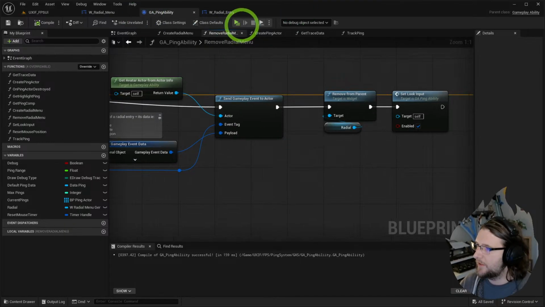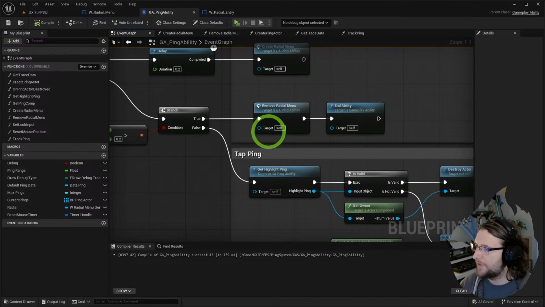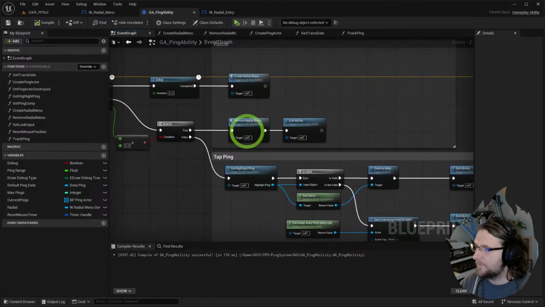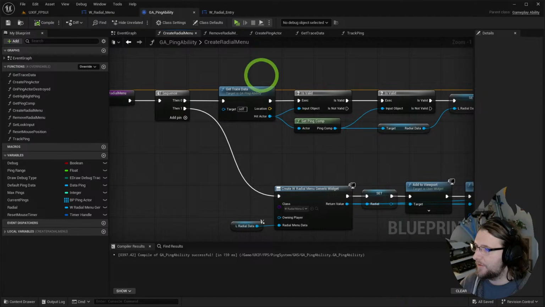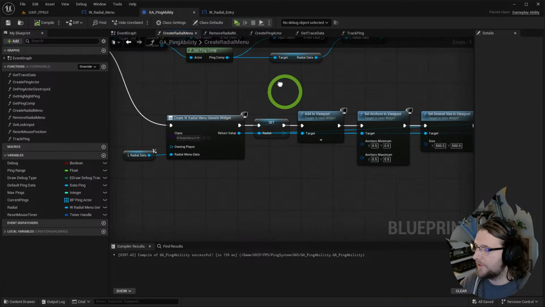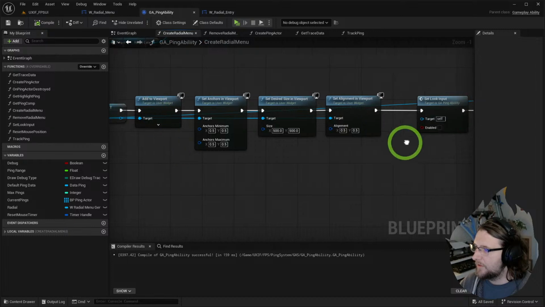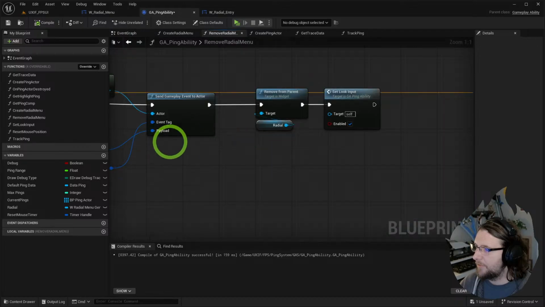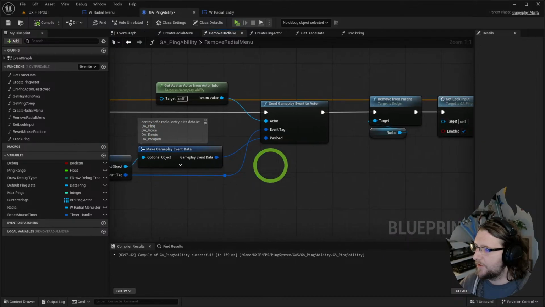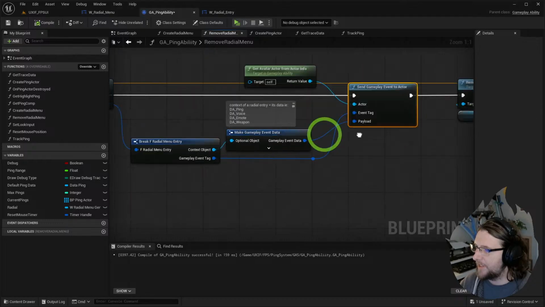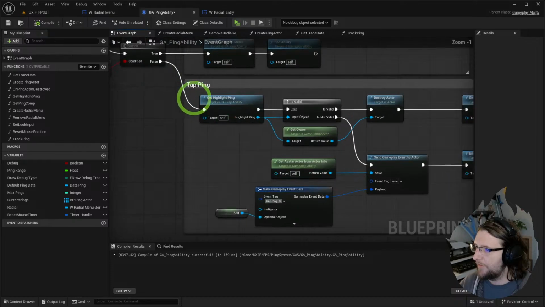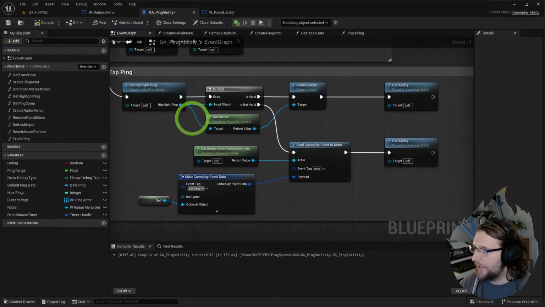Let's just double check our convictions. Radial menu, do a trace, hit an actor, get a ping component. That's the Radial data. Running through here, it creates a Radial, moves the Radial, triggers a gameplay event based on the hovered entry, and removes the Radial. Otherwise, we're not creating a Radial. We are either destroying a ping